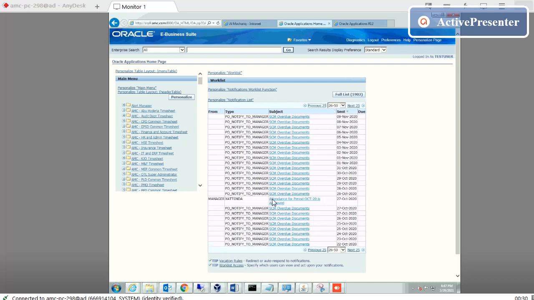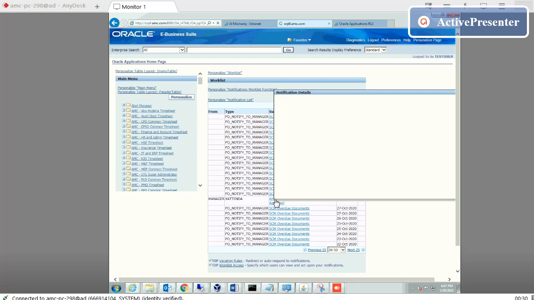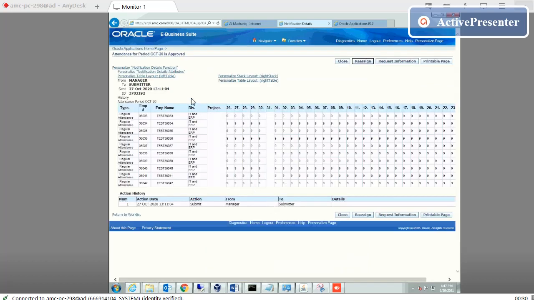Okay, see this layout. This is a customized layout, and it is already approved. So that's why the approval button and reject button are not available, but it is already approved. Okay, now this is a template. How we can create a template, how we can use this in Workflow Builder, I will tell you.